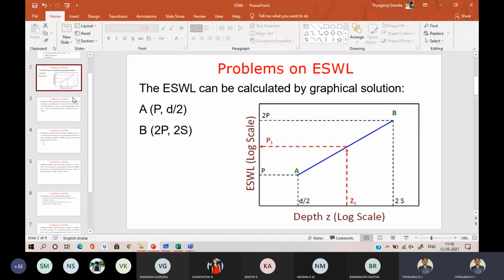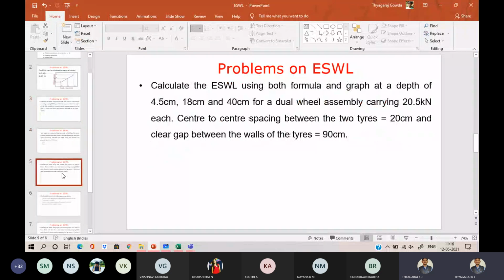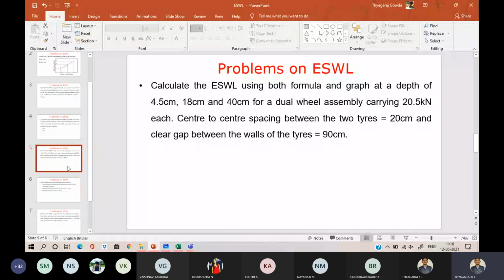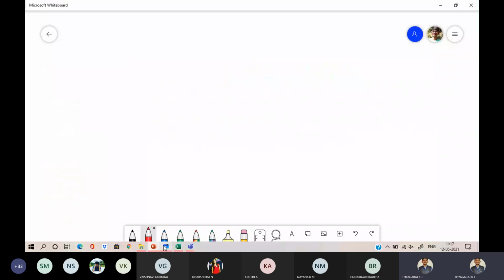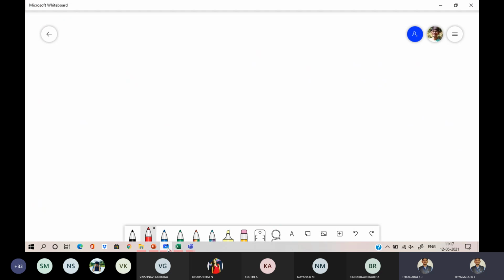So what is the second problem? So this one is completed. We were solving this one, right? This is the problem we have written, right? Kindly respond. It's the third sum, sir. This is the third sum. Okay. We'll work it out using the graph only. I think the formula is easy. We'll see how to plot this graph.